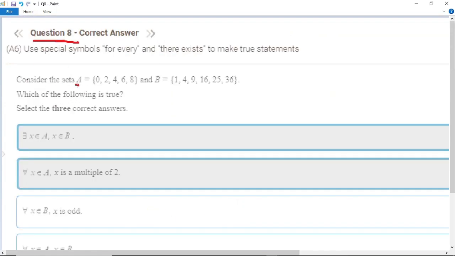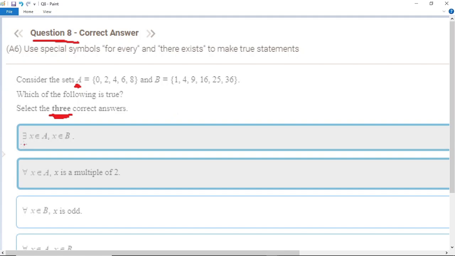Consider the sets A contains numbers 0, 2, 4, 6, 8, and B contains the numbers 1, 4, 9, 16, 25, 36. Which of the following is true? Select the 3 correct answers. That means there are 3 correct answers here. So let's see answer number 1. As I told you here,